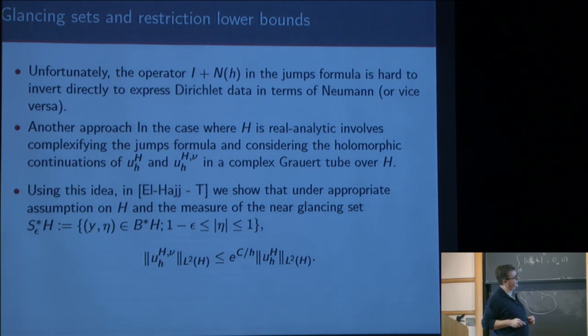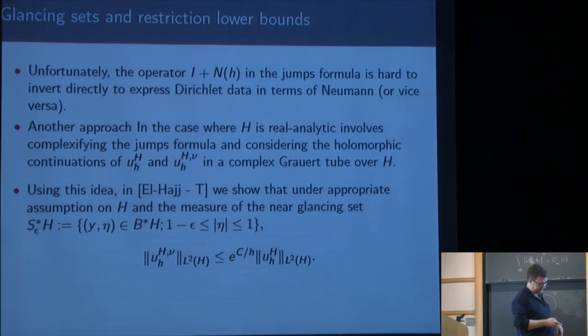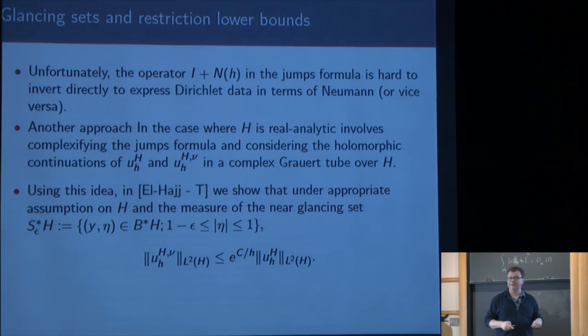Namely, you can show that the Neumann data is exponentially controlled, but is controlled by an exponential times the Dirichlet data. So now if you go back to the Rayleigh formula that I wrote, that had the sum of squares of the normal data and the Dirichlet data, that will automatically tell you that the Dirichlet data will have to have an exponential lower bound, right?